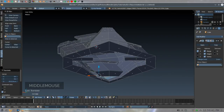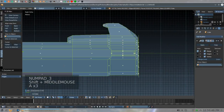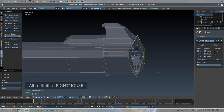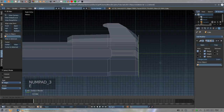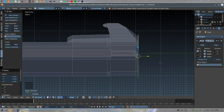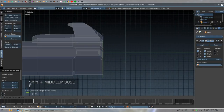So with those out of the way, with this pulled where we want it, you could do a Numpad 3, hit A to deselect here, and we want edge select mode here. Select this outer loop of vertices, Shift Alt right click, Numpad 3 again, and now we want to extrude Y minus 0.25, enter. Then we want to hit S to scale 1.02, left click or enter to lock that in, and then E to extrude, S to scale 1.03. Left click to lock that in, and now we want to hit E to extrude along the Y axis,